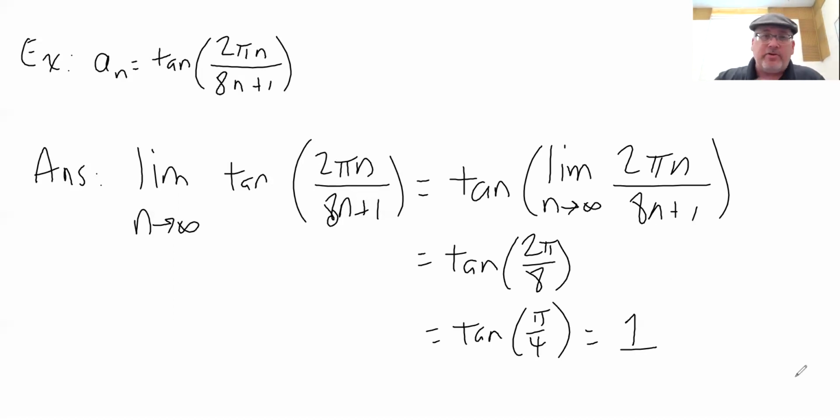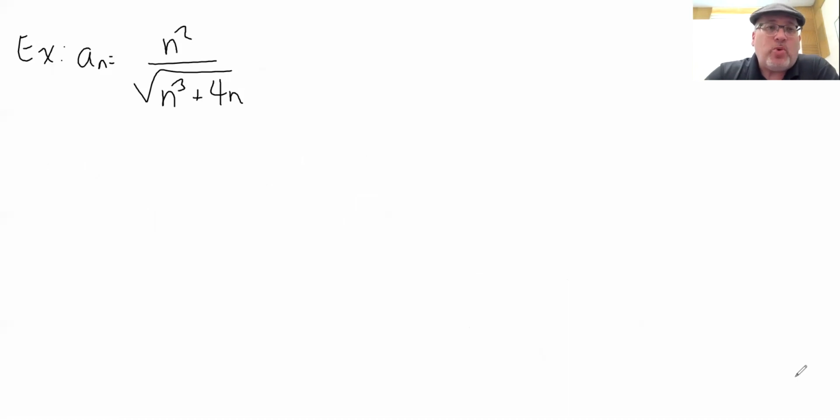Let's take a look at another, a little bit stealthier example, but it illustrates an important move it's good to have in your skills. We have a_n equals n squared over the square root of n cubed plus 4n. Now in this one, we have a function of a function on the bottom. We have the square root of something on the bottom, but not on the top. So when we set up this limit,